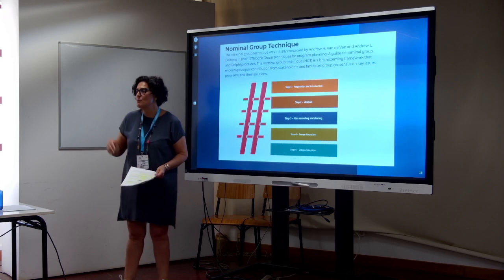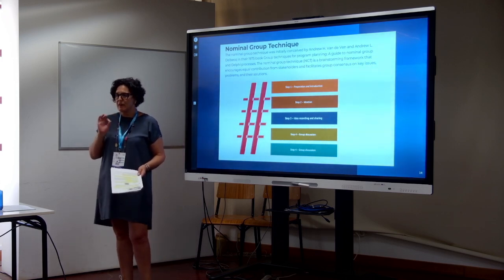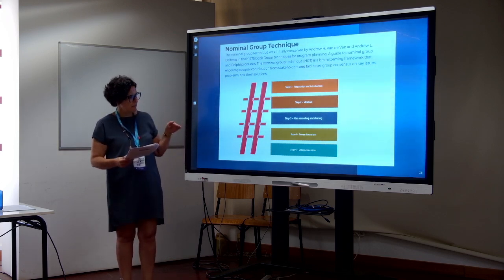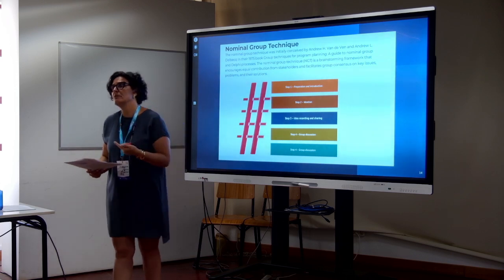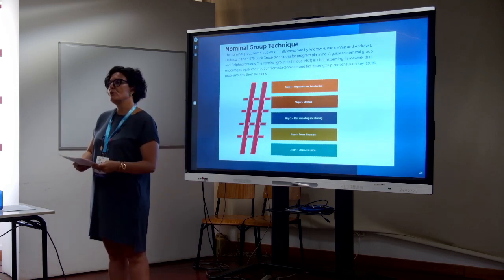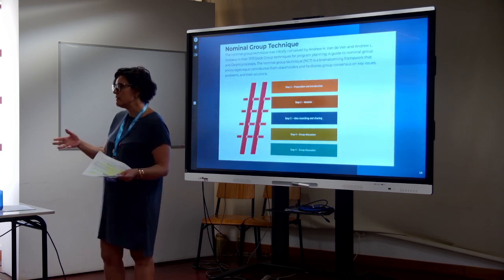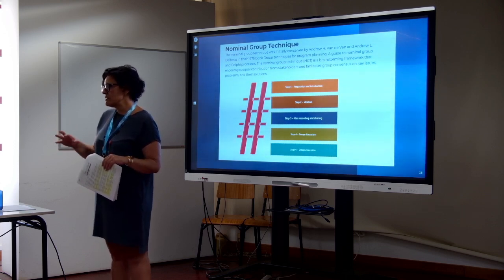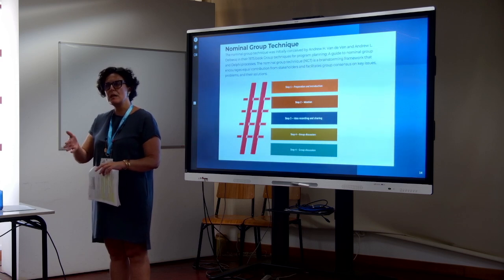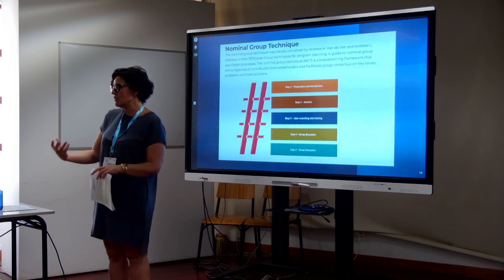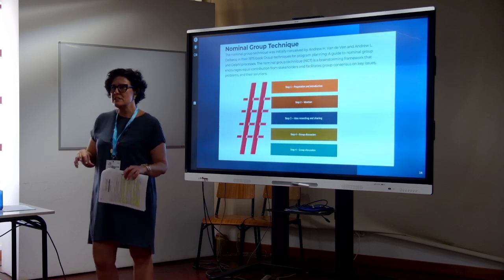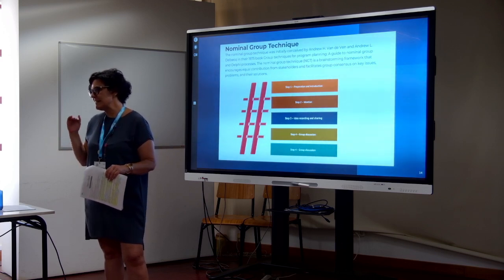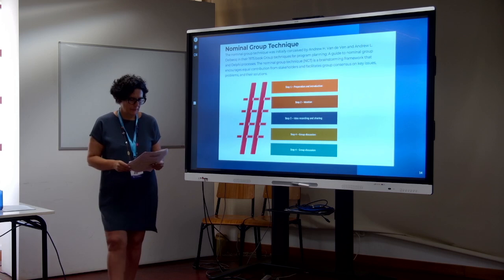Also, as you see here, there is a very specific and structured process that must be followed, one aspect that is different from Delphi. In Delphi it can go from 4 to 3,000 participants, but here that is not possible. The dimension of the group is similar to a focus group. The orientation is about 5, because you must have some variety in the experts in order to bring some complexity and diversity to the discussion, but 12 is the maximum, no more than this number.